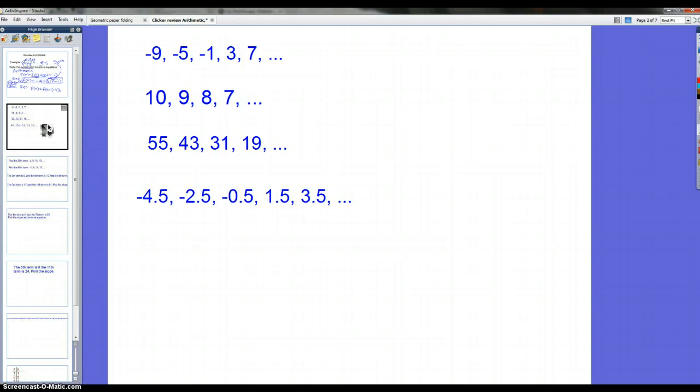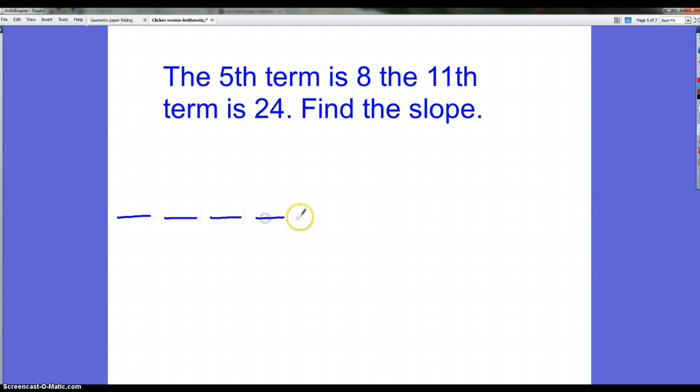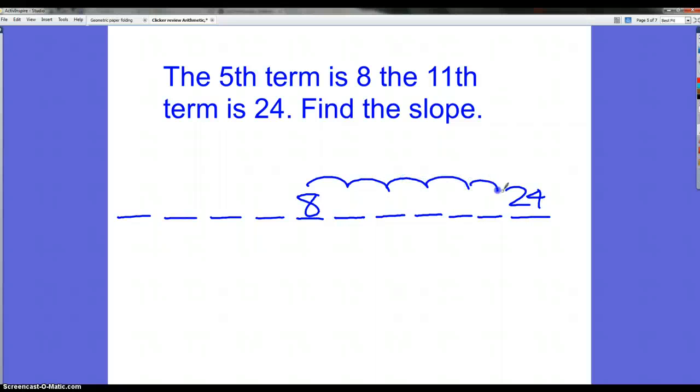So we also reviewed, on our quiz we had a question about the fifth term. It talked about 2 terms and we had to find the slope. So it says the fifth term, 1, 2, 3, 4, 5, is 8, and the 11th, 6, 7, 8, 9, 10, 11, is 24. Yes, we could pick a number, guess and check, and see if it gets us to 24. Another way to do this is, because this is the 5th term and this is the 11th term, I can do